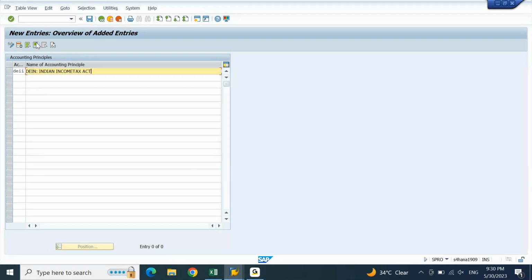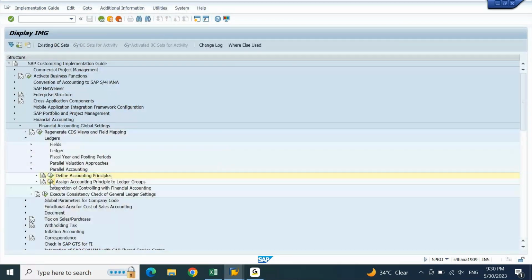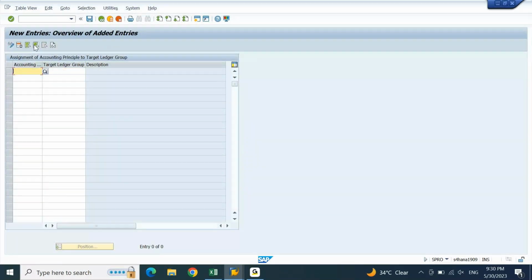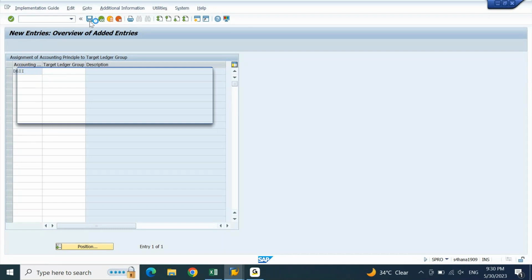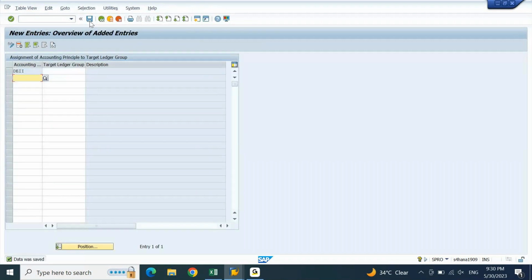Correct? Now on the assignment screen, let us put this one, DEII. I'll leave the ledger blank. I'll try to save. Are we able to save the accounting principle without the ledger? Yes, sir.